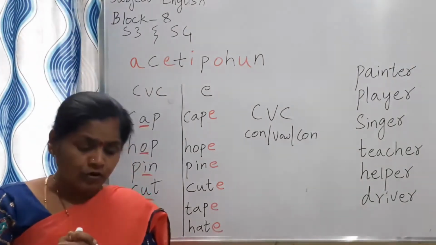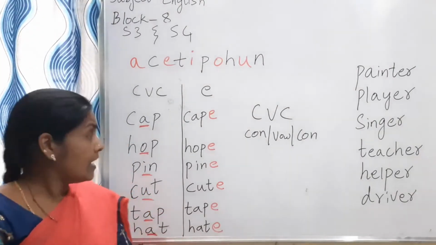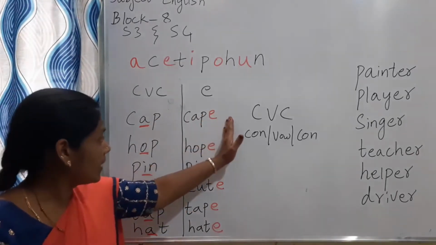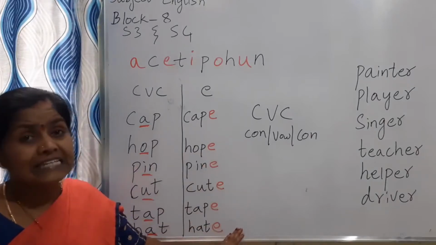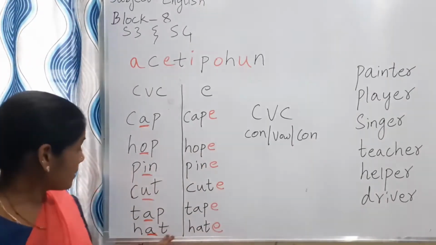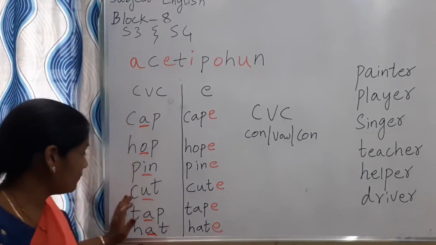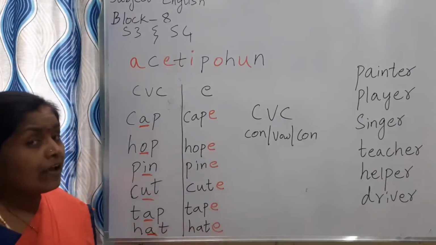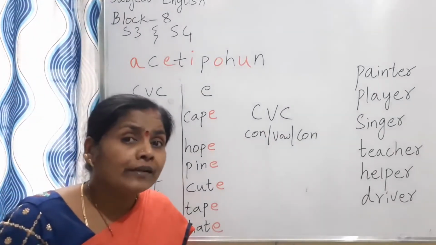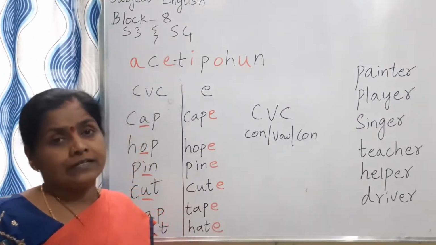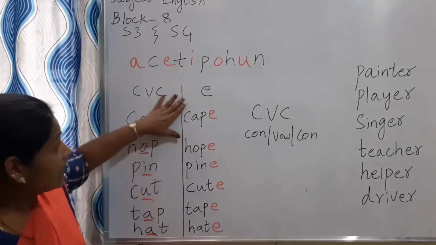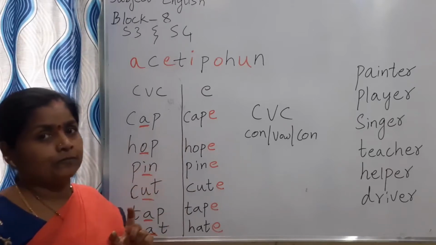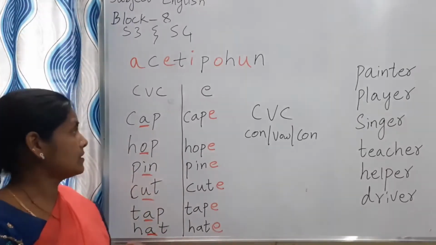So here, children, what you have to remember is that in these two sets of words, in one we have the ending letter E, and in the other we don't have the letter E. But what is the sound you will get with E? E sound you will get with E. Now let us see in all these words whether that sound is coming or not. We will see now. Let us go with the first one.